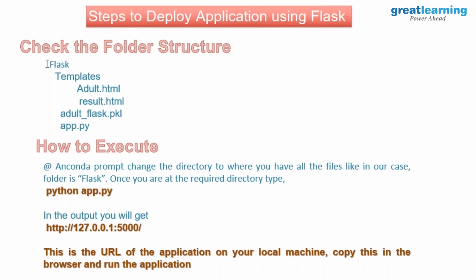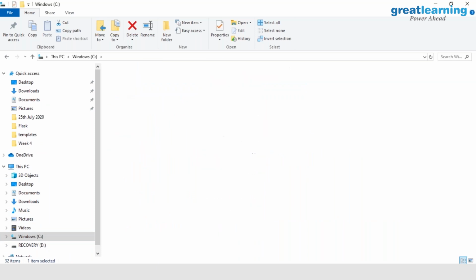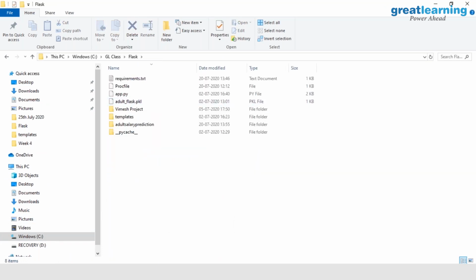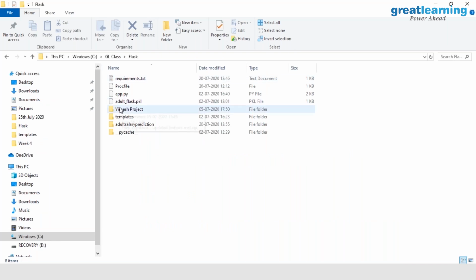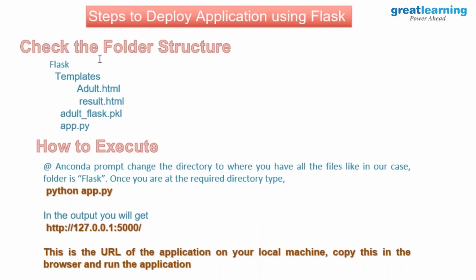What I have done here is I have created a folder by the name Flask. I'll just show it to you. Okay, this is the folder which I have by the name Flask. Under that, I have created another directory by the name templates, which has these 2 HTML files. So the main folder which I have is Flask.